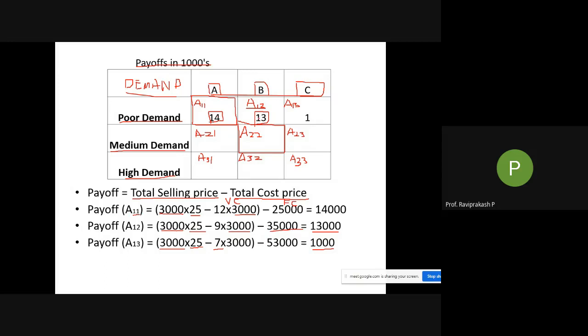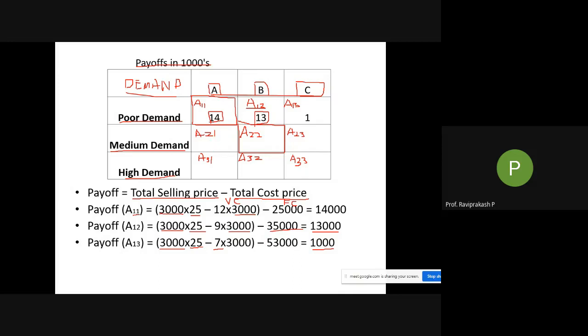So how I got 14, how I got 13, how I got 1. So whether the values are right or wrong. Okay, so make this. I'll give you some 5 minutes. Write this. Then I want you to find out all the other values here. So I'll start with A21, A22, A23, then A31, A32, A33. So I want you to give these particular values. I'll be writing the values here.